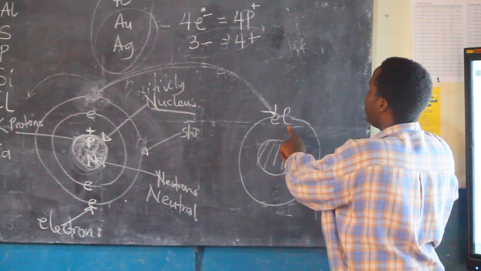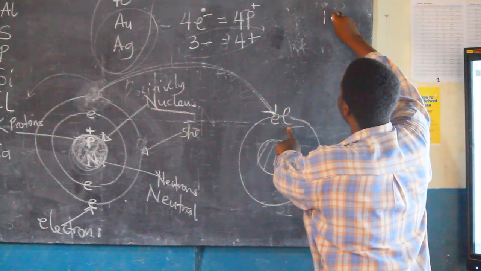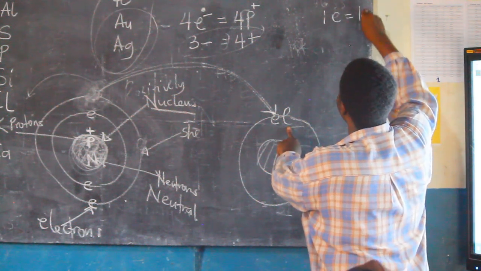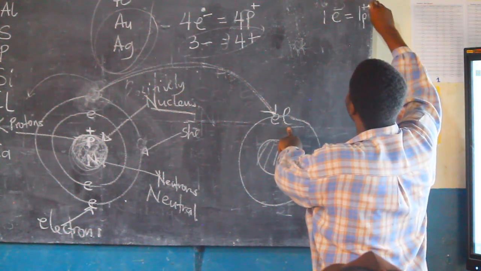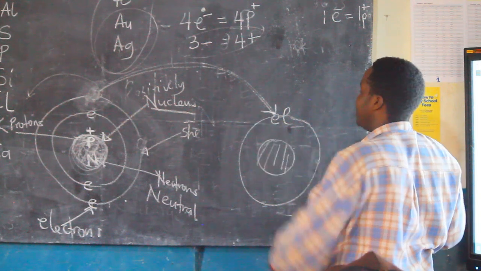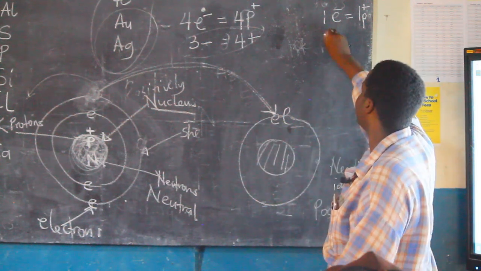The other atom originally had 1 electron, also 1 negative, but they've added this atom another electron. That means now there are 2